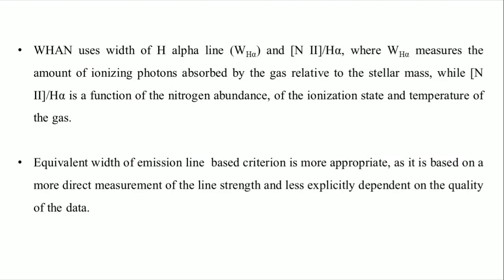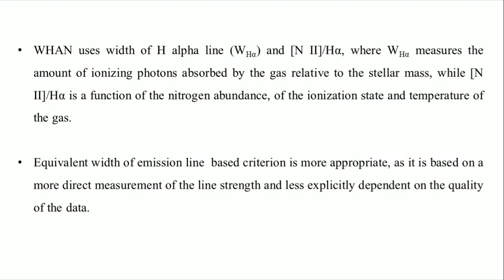So the WHAN diagram uses the width of the H alpha line and N2 by H alpha, where the width of H alpha measures the amount of ionizing photons absorbed by the gas related to its stellar mass, whereas the N2 ratio is a function of nitrogen abundance. So it gives us information about the ionization state of the gas and the temperature of the gas. And we'll see that H alpha and N2 are among the strongest emission lines in the spectrum, and the measurement of the width of an emission line is a more direct and more appropriate measurement, because